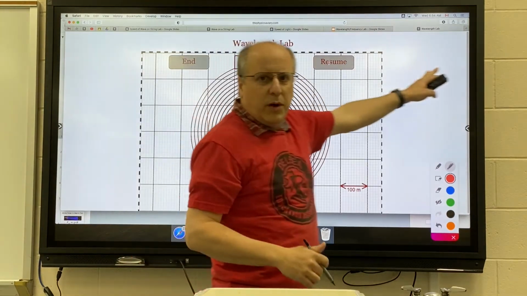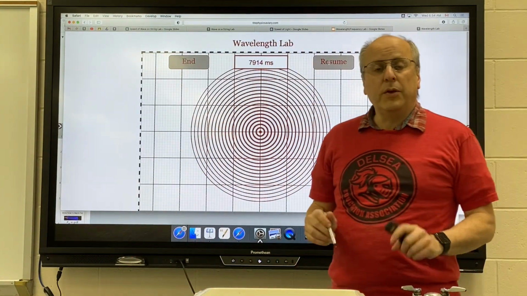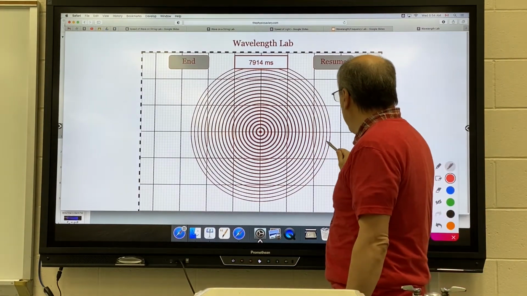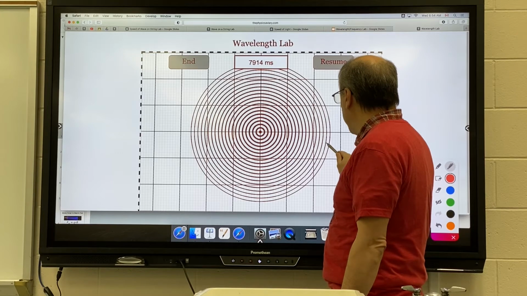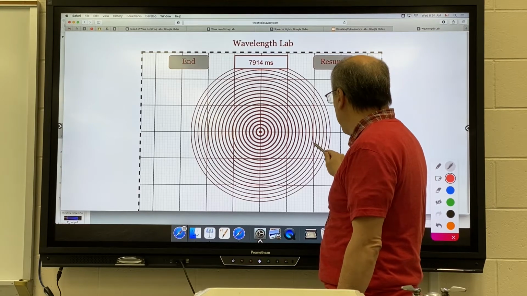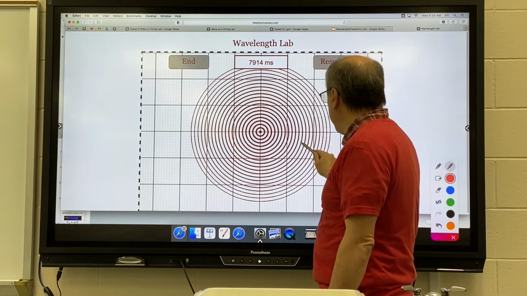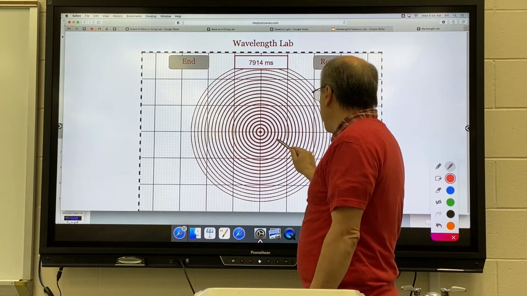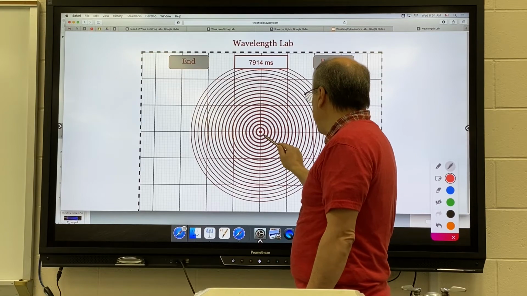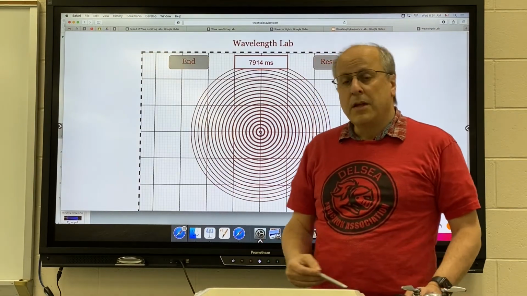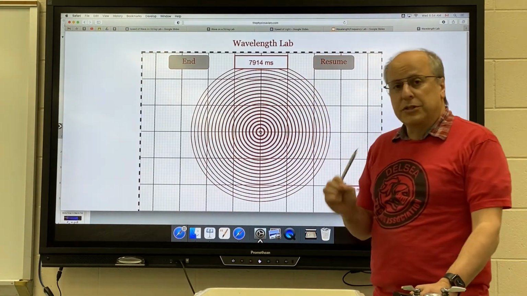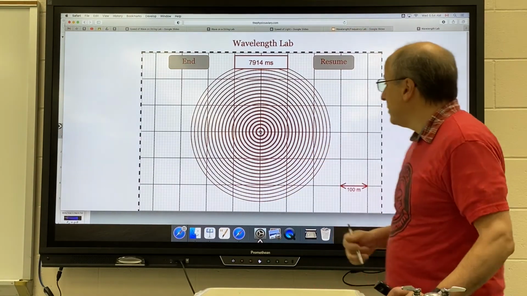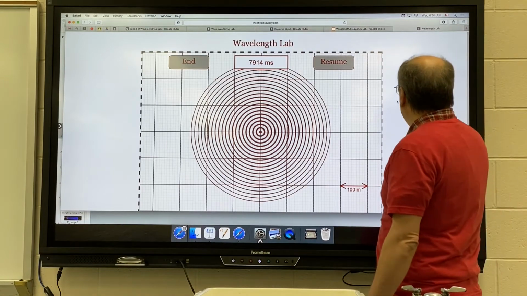Before your final one leaves the screen, what you want to do to get your frequency is count your number of cycles. And again, start at 0. So you have 1, 2, 3, 4, 5, 6, 7, 8, 9, 10, 11, 12, 13, 14, 15, 16, 17, 18, 19, 20. Notice if you can capture the circle right in the middle about to form, that would be the best for doing this. So we got 20 cycles